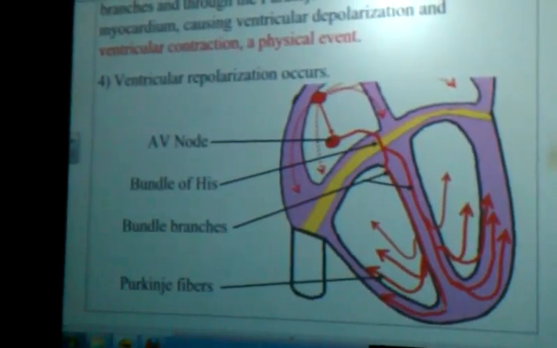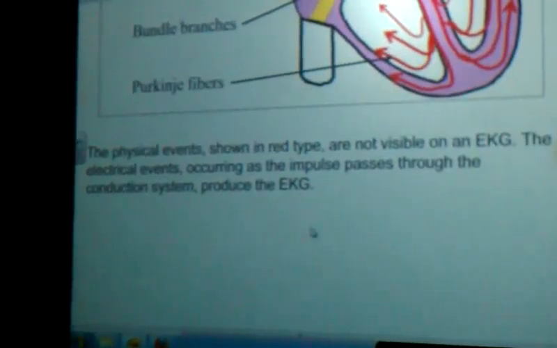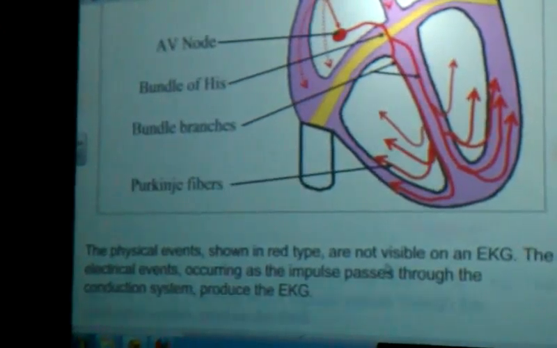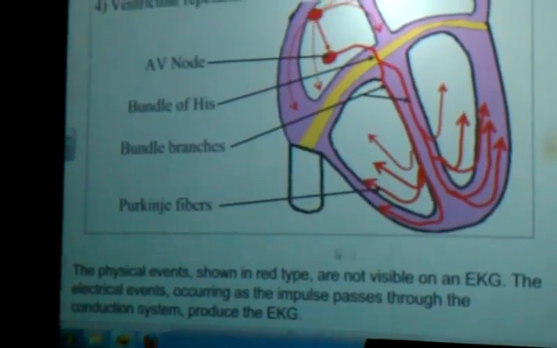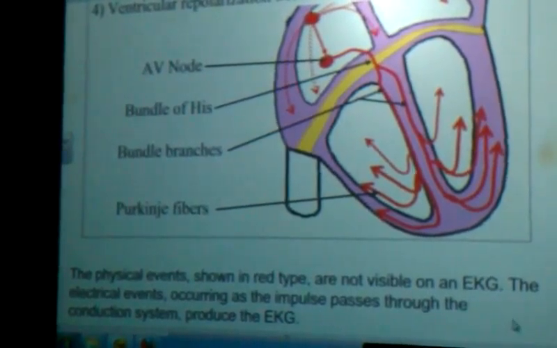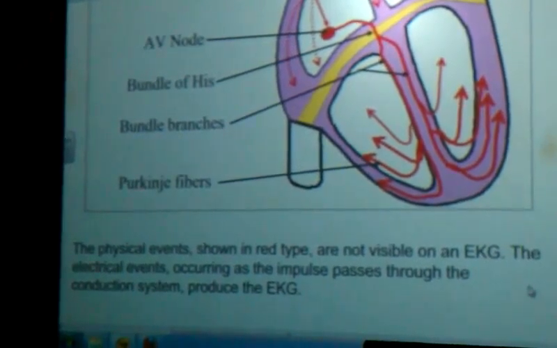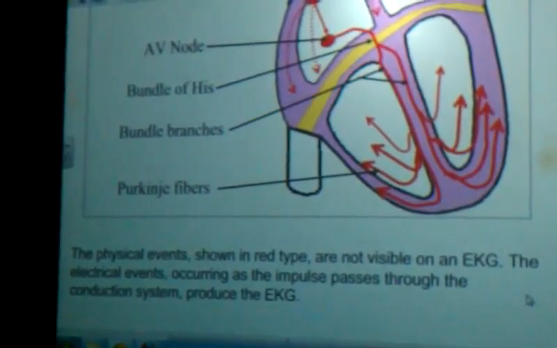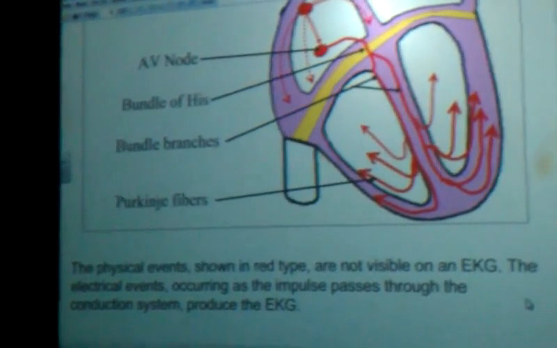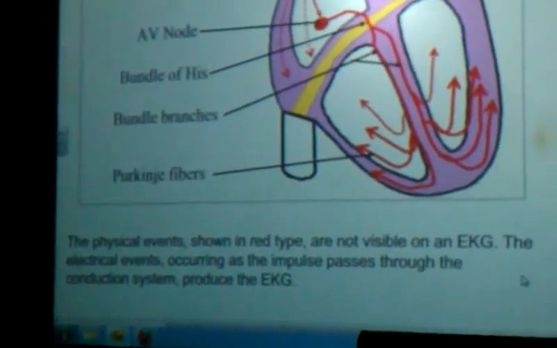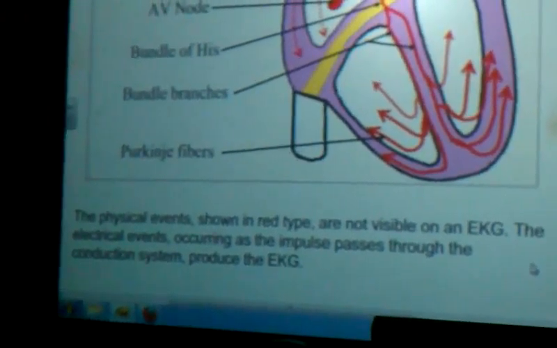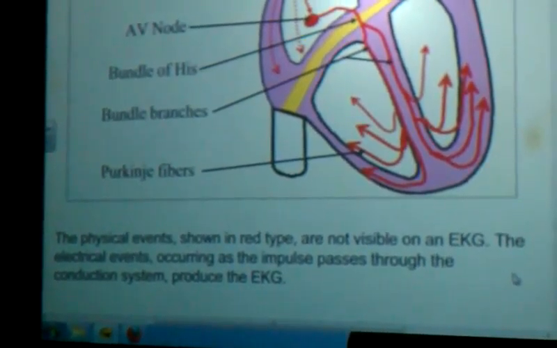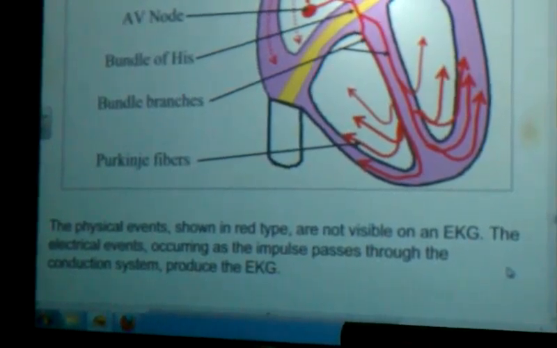Again, showing the pathway of the electrical event. And what is it that we're interested in? Even though we can't see it, when we hook somebody up to an electrocardiogram, and it shouldn't be EKG, that's not appropriate, electrocardiogram is an ECG machine, that machine is reading the electrical impulse as it travels from